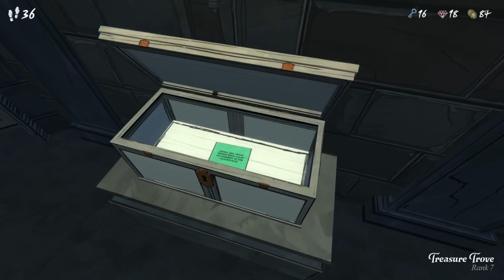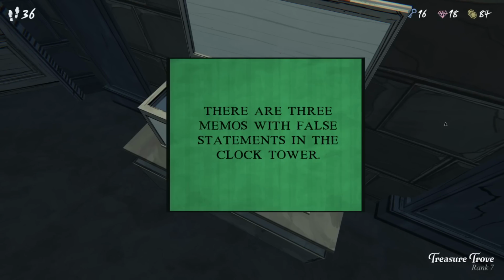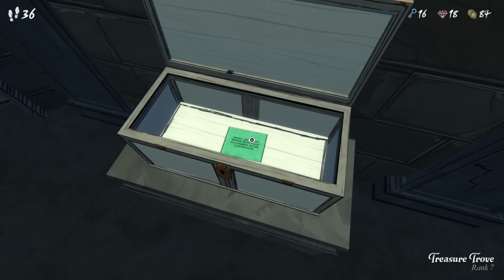Okay, a white moon. There are 3 memos with false statements in the clock tower. There are no memos in the clock tower. You're a liar. I believe I actually have good reason, though, to believe that this with a moon on it is true. Handwritten green memos. Nope, it's not a handwritten green memo. Next 3 green memos you find in this room will all be true. Ah, right, okay, so...